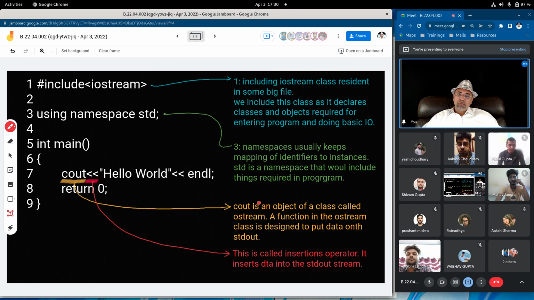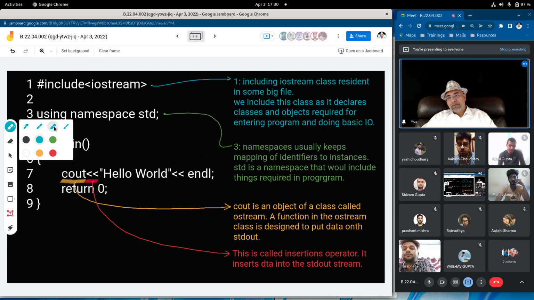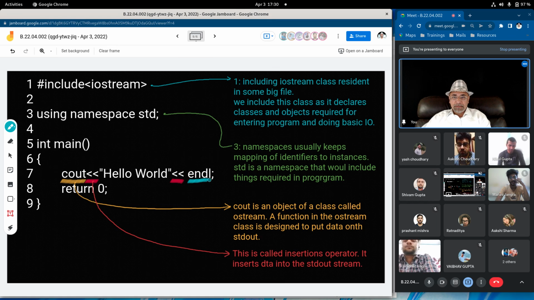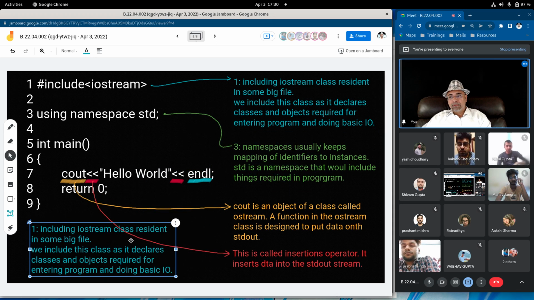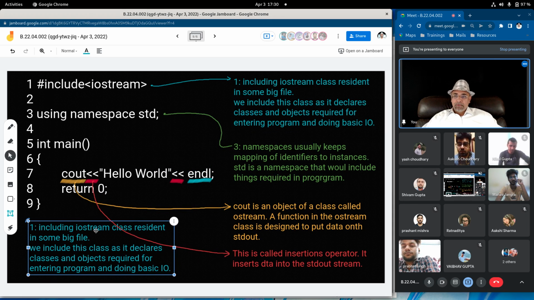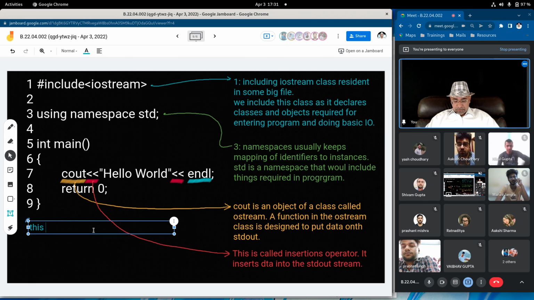Okay, one last thing. Notice there is another insertion operator here. One last thing about this endl. This is a manipulator.